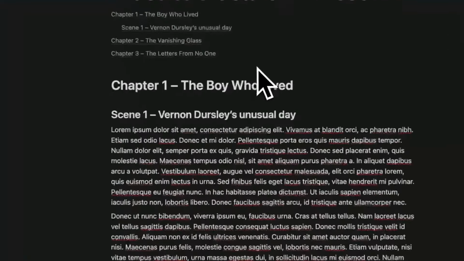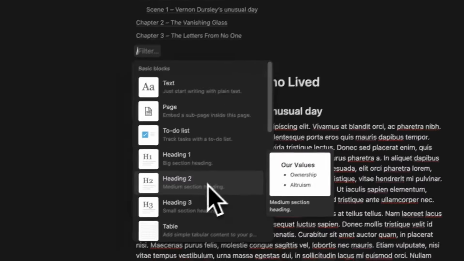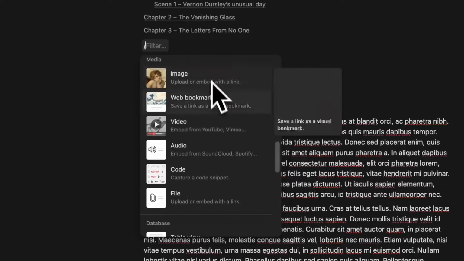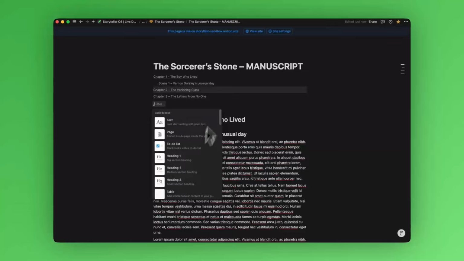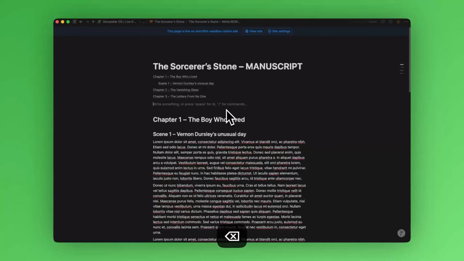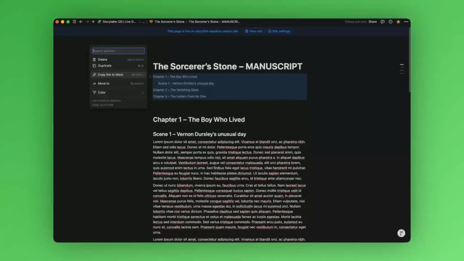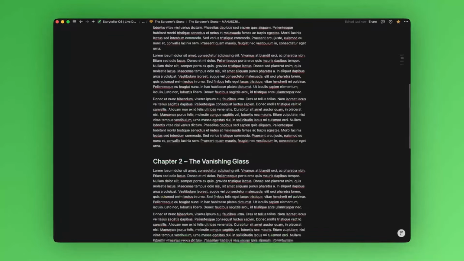Inside every page in Notion are elements called blocks. They can be anything from this menu, from text to headings to databases, callouts, images, video, etc. And each block you create in a page comes with its own little link URL you can use to navigate directly to that block on that page when you click on it. You can copy the block's link like this. You can use block links for your chapter headings in your manuscript. And that's what method 2 is about.